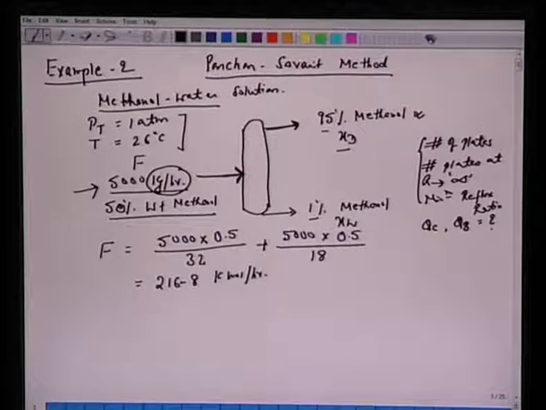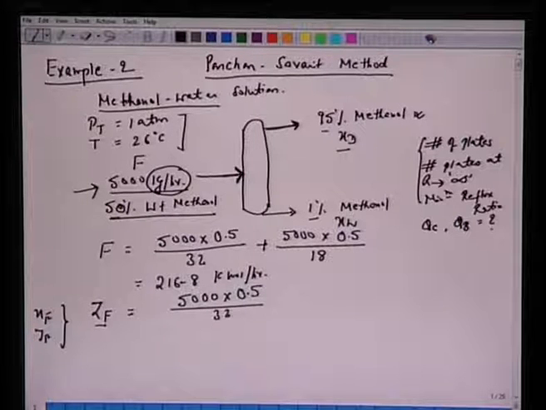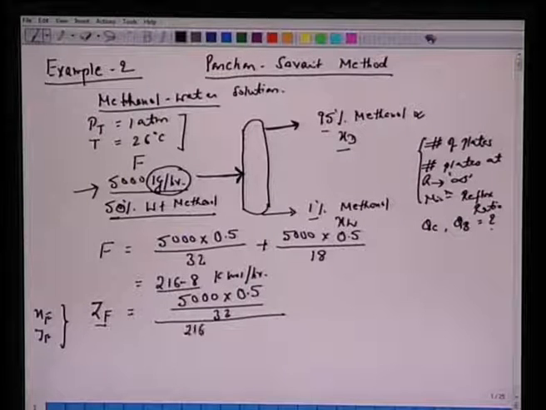Again, the weight fraction is given as 50%. We would like to convert this into mole fractions. So ZF, again we are using this nomenclature for the feed composition because we do not know the status of this feed, whether it's a liquid or a vapor. All right. So ZF in mole fractions would be 5000 multiplied by 0.5 divided by 32. So this is the moles of methanol over the total moles, which we calculated from here, 216.8, to make it 0.36 mole fraction